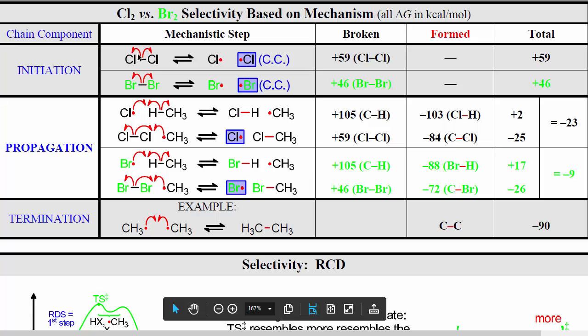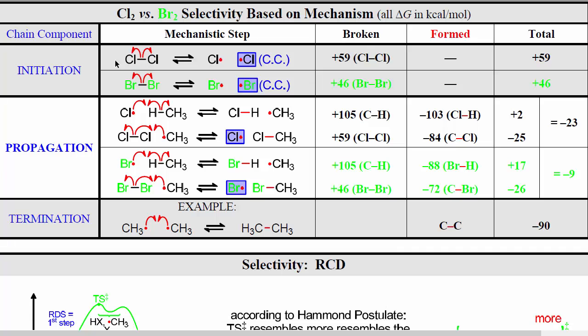Continuing now with the Miller handout, the main point of the next box is that the chlorine species, when it fragments, costs a certain amount of energy. This is a relatively weak bond. 59 kcals per mole is not that strong compared to, say, 100 kcals per mole for a carbon-hydrogen bond or 80 kcals per mole for a carbon-chlorine bond. So it's a relatively weak bond, but it still costs 59 kcals per mole of energy to break a chlorine-chlorine